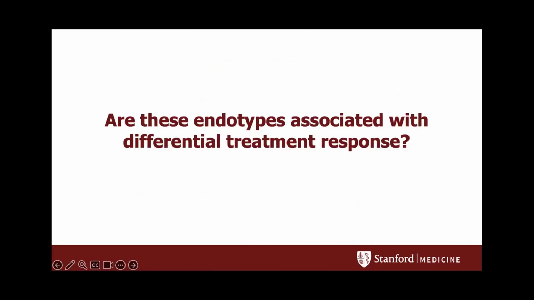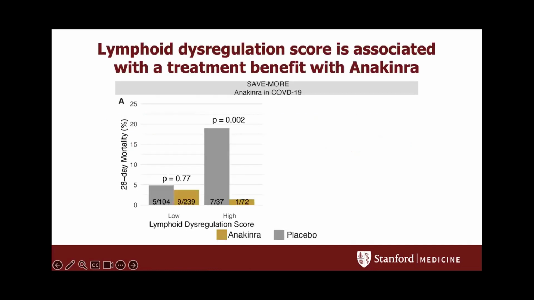Okay, so then I think it's very exciting to see that this dysregulation is associated with worse outcomes, but obviously the holy grail in sepsis is to identify treatable traits in sepsis patients. So this was the next thing we wanted to explore, and fortunately within Subspace, we had two randomized controlled trials to explore this with. So the first trial was SAVEMORE, which is a randomized controlled trial of anakinra in COVID-19